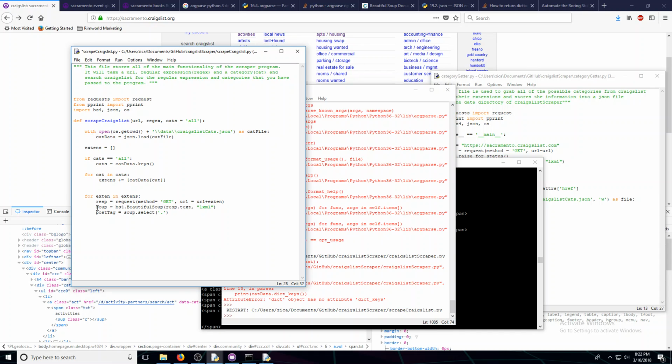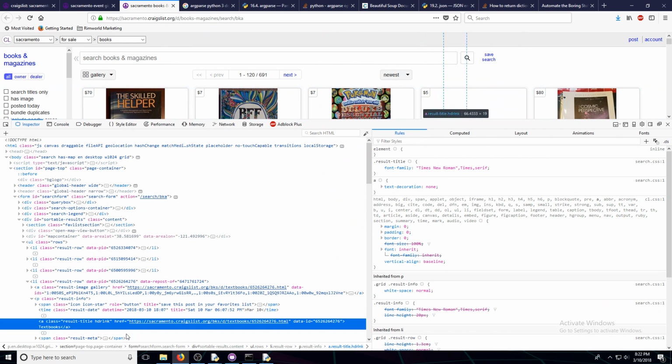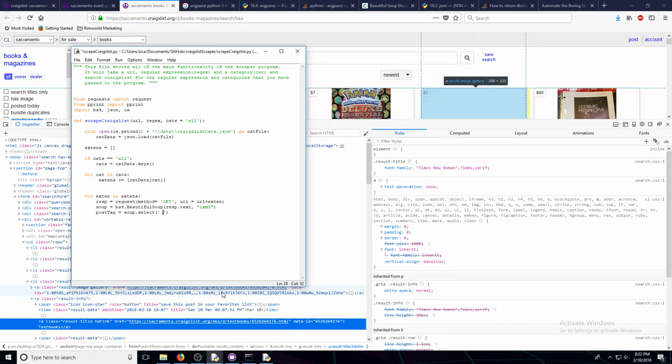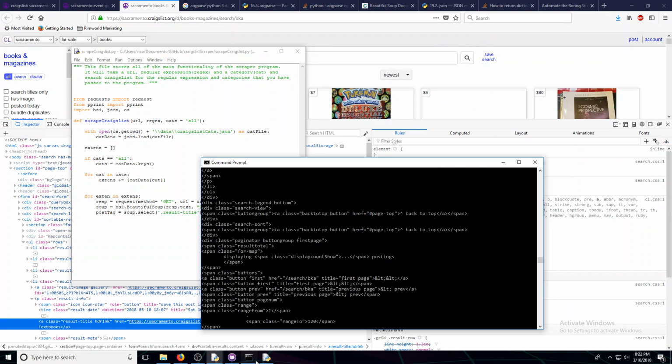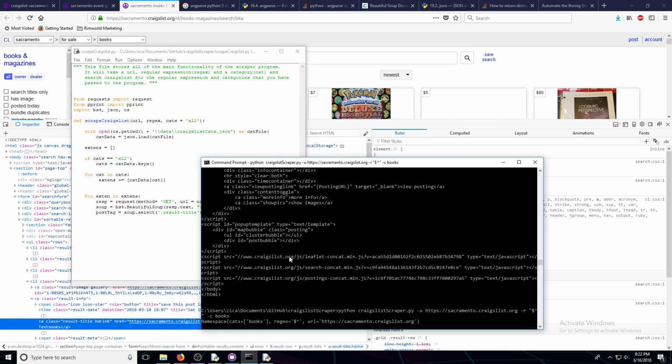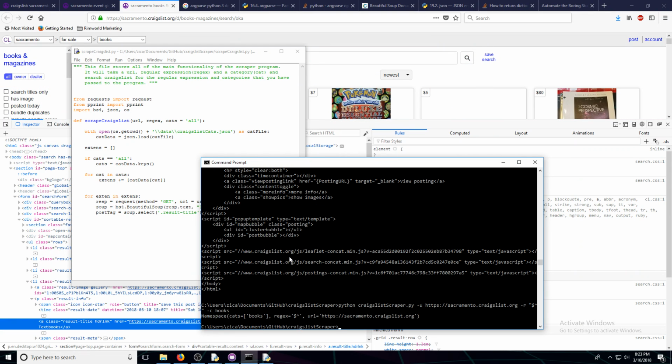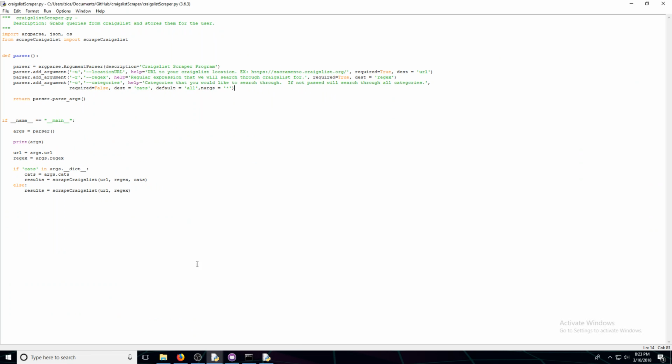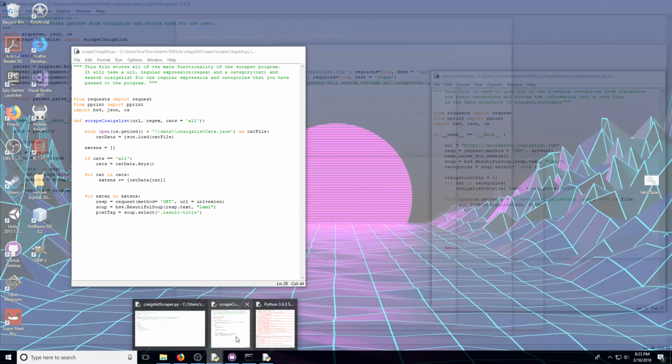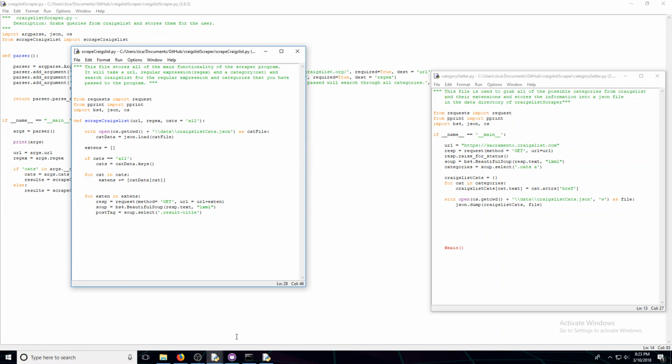I think it was a class of result title. Yeah, it's result title class. Okay, so we're gonna do. You know, this is actually a pretty good project because it's kind of limited. Craigslist isn't that complicated. Hey, that worked. I think. Let's try it again. So now if we print the post tag,